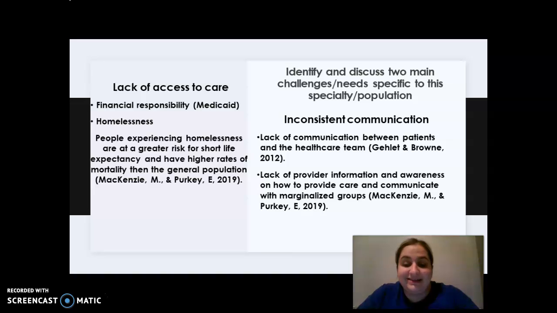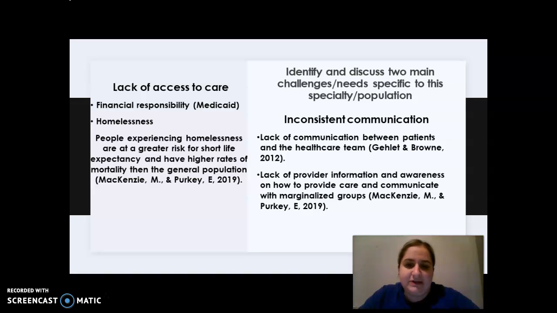Another one is inconsistent communication. The lack of communication between patients and the healthcare team is a big problem. The lack of provider information and awareness on how to provide care and communicate with these marginalized groups is an issue. I work at a community hospital, in the case management and social work department, and